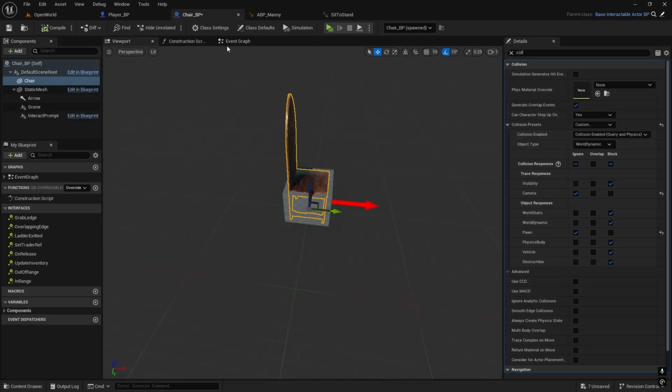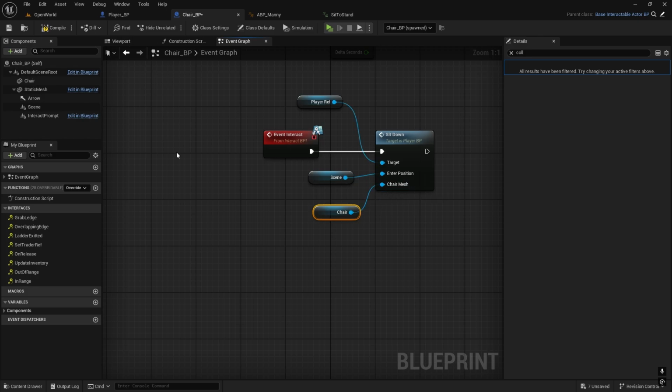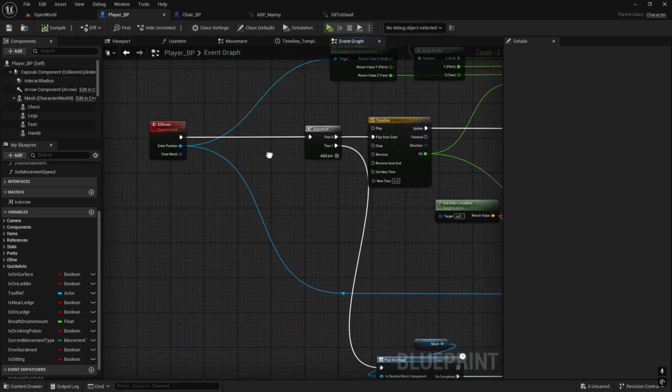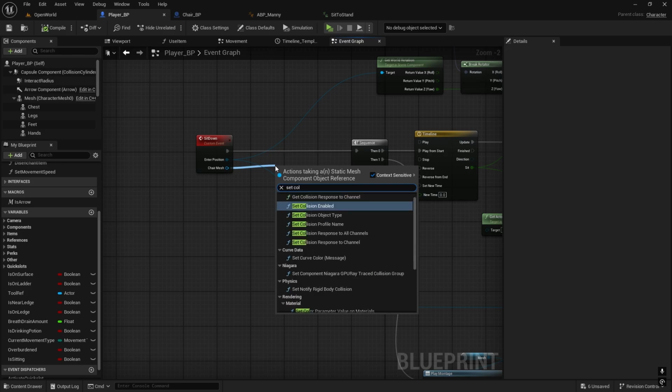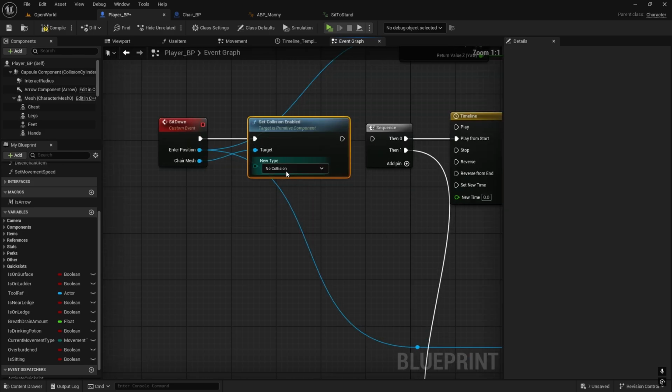We're going to connect it from the chair, because on the static mesh for that little box we do have it turned off. And then on the player, when we start sitting down, we're going to set collision enabled. We do no collision,